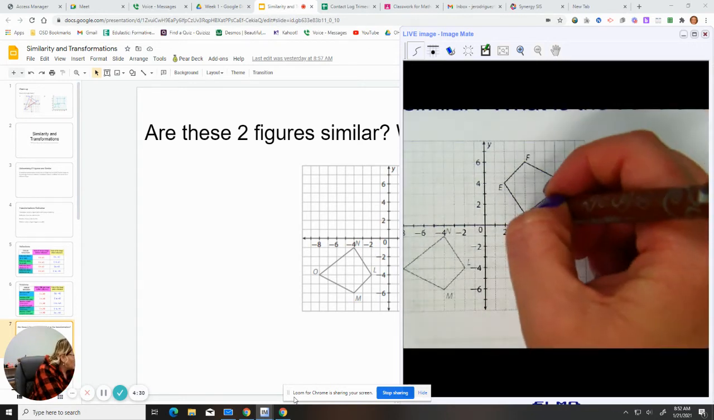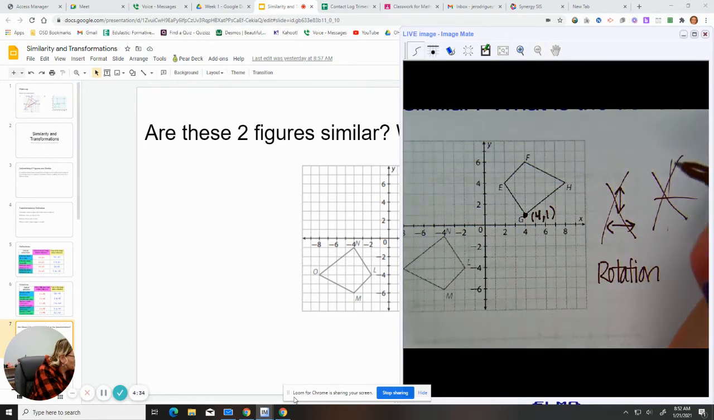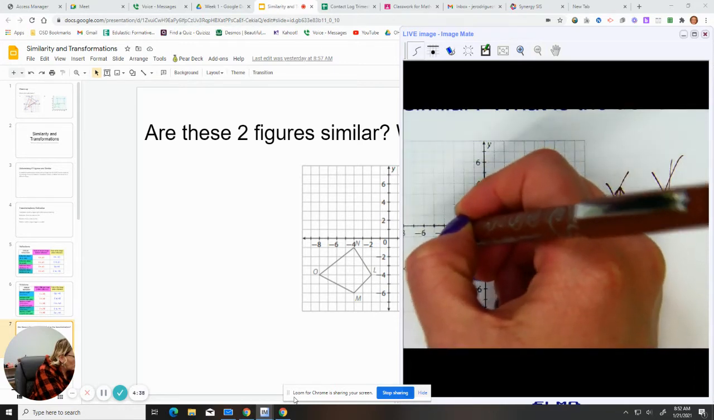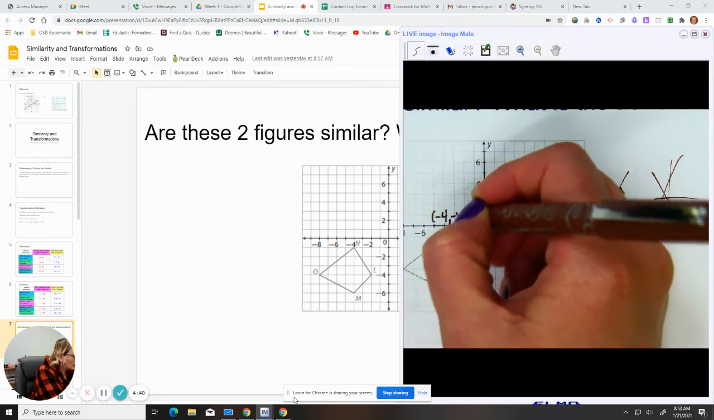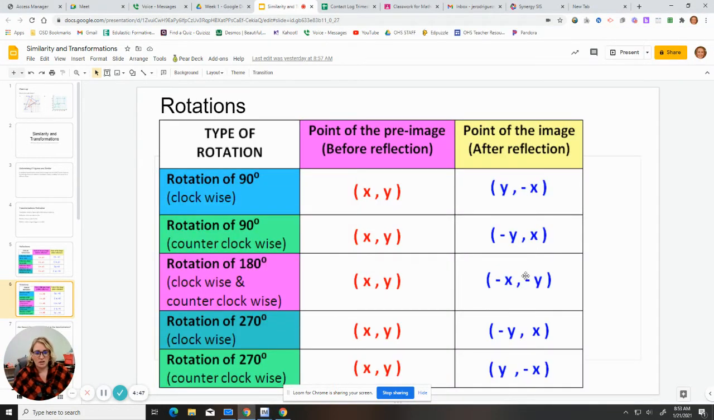So I'm going to pick this point right here. This point is 4, 1. Okay, and I am going to recognize that this same point right here is -4, -1. Okay, so if I go back here to rotations, I need one that changes my X and Y to a negative X and a negative Y. And the one that makes that happen is a rotation of 180 degrees, which tells me